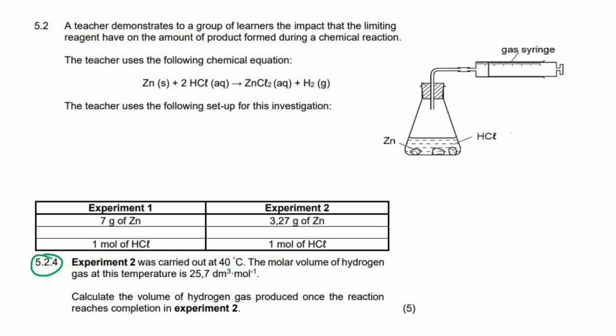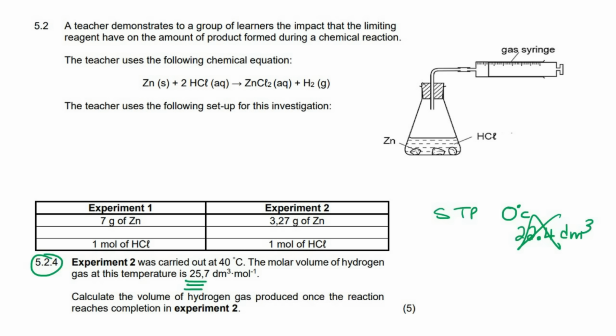Now let me talk about that. Normally this question would have said STP, which we know is then at 0 degrees Celsius and like 1 atmosphere. At that temperature, we usually say that the volume of 1 mole of gas is 22.4 decimeters. But now that the temperature is a little bit warmer, the gas expands a little bit, and so this